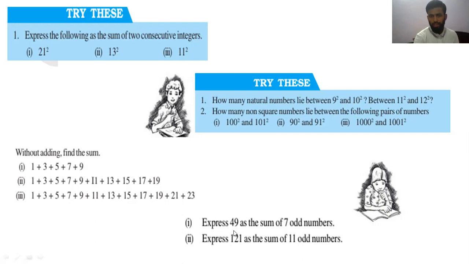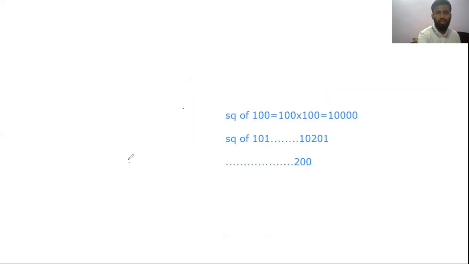I'm going to explain this one. We have to write 41 as the sum of 7 odd numbers. मतलब 7 odd numbers लीजिए आप, जिनको ऐड करने से 49 है, ऑब्वियसली यही है। तो कैसे लिख सकते हैं हम, 7 odd नंबर जिसका सम 49 आ जाए, तो कैसे होगा वो,